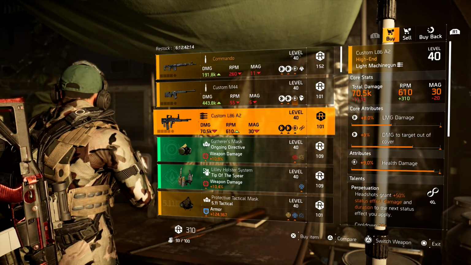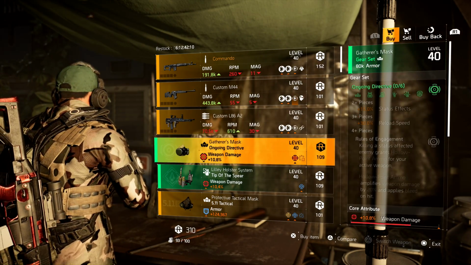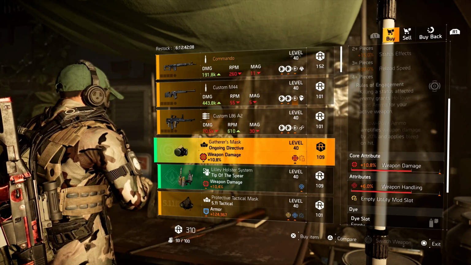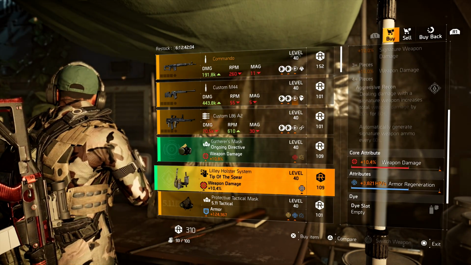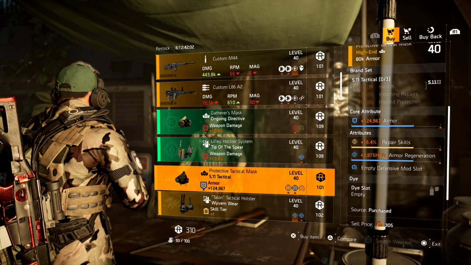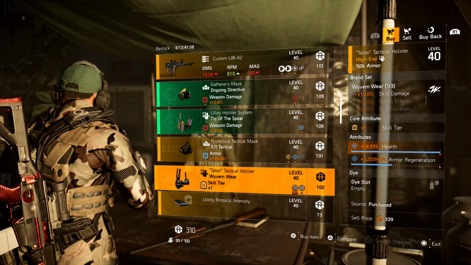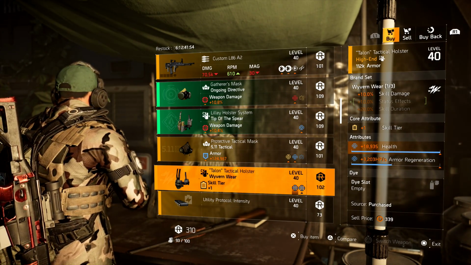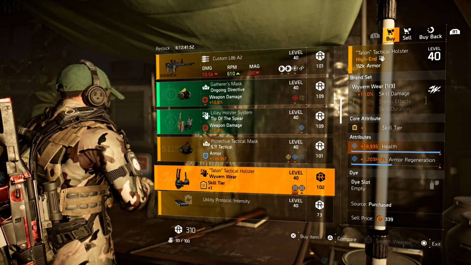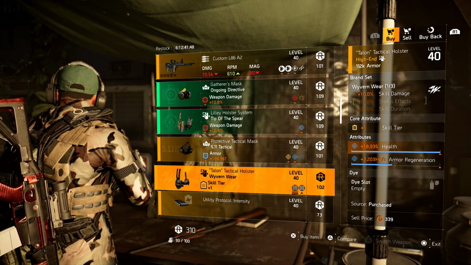There's also a pretty solid health damage roll on here for this LMG, so if you need that for your Rolodex, you do have. For the green gear sets, you have ongoing directive with weapon damage, weapon handling, tip of the spear, weapon damage, armor regeneration. So overall, from this piece right here, the only other piece I would pick up is this Wyvern Holster with 18,935 health. Yes, I wouldn't use this pretty much for anything else, but I would use it for my Rolodex